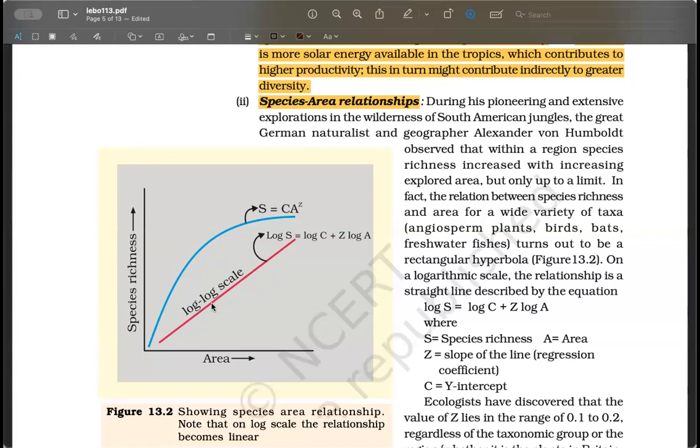When we say linearized, you know that if you have to linearize anything in mathematics, you have to convert it into a logarithmic scale. You know about log, right? So if you put log on both the sides, the log scale, it linearizes that relationship. But look at the blue line. Before I explain what Alexander Humboldt said, just by looking at this blue line, can you tell me something about what this graph is trying to tell you?